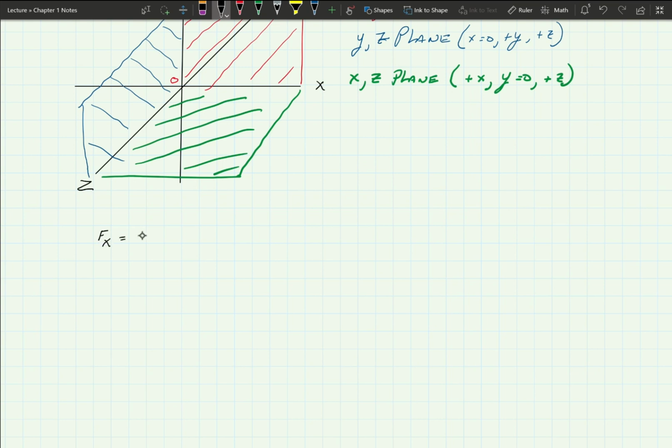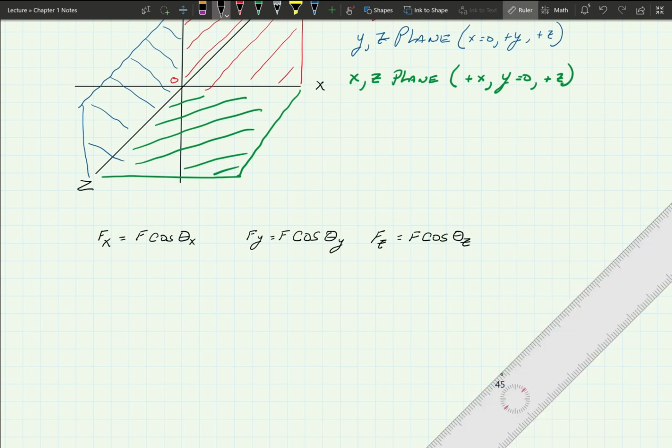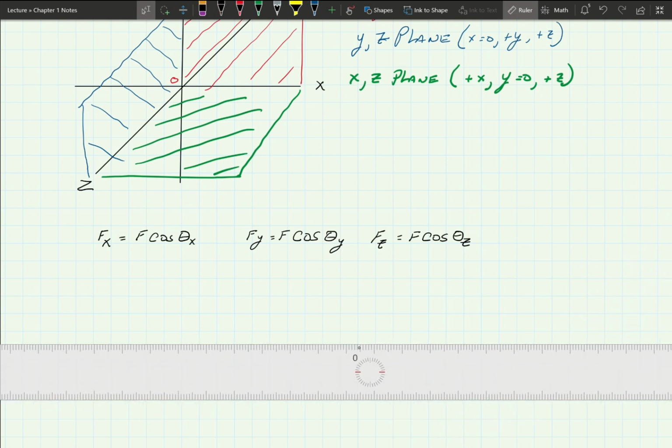F of x is equal to the force cosine theta x, and F of y will be equal to the force cosine theta y, and F of z will be equal to F cosine theta z. Okay, so the thetas are our angles, and I guess it's time to put another grid or